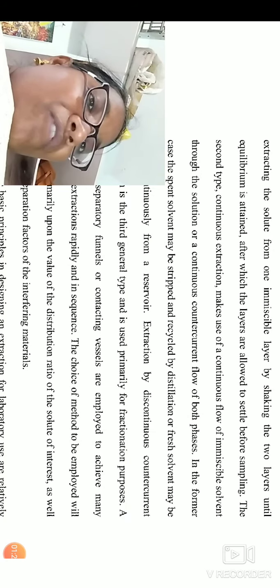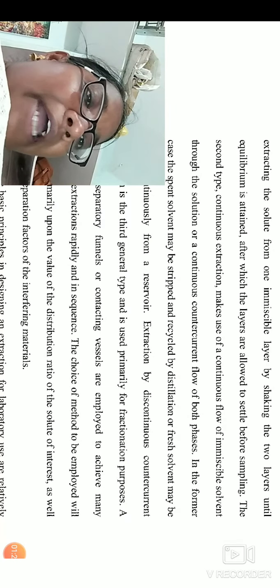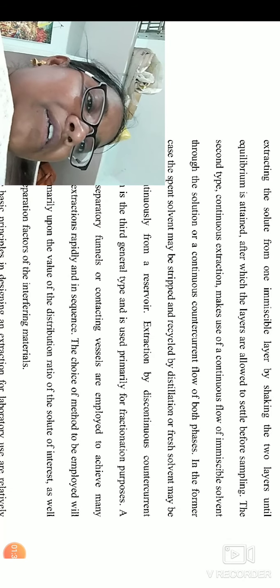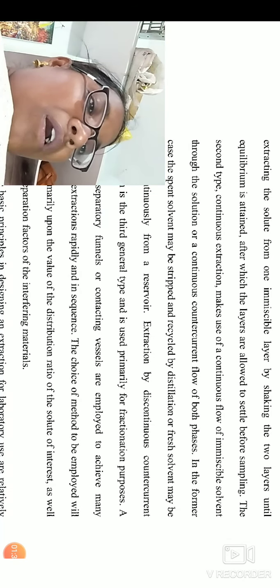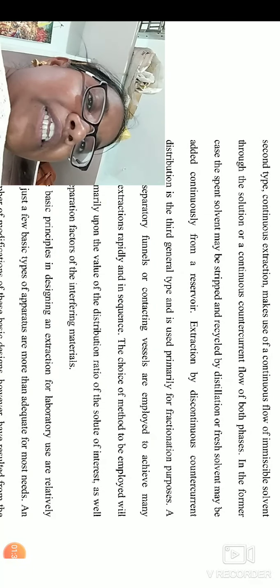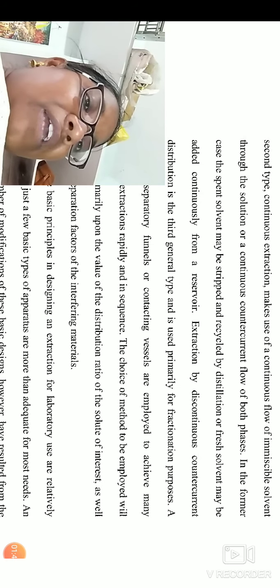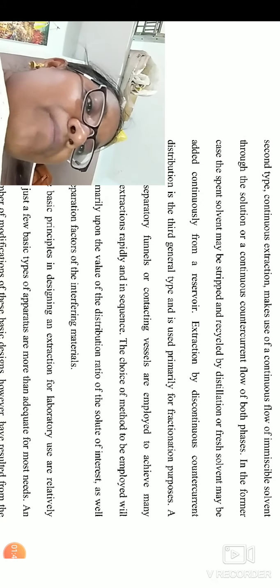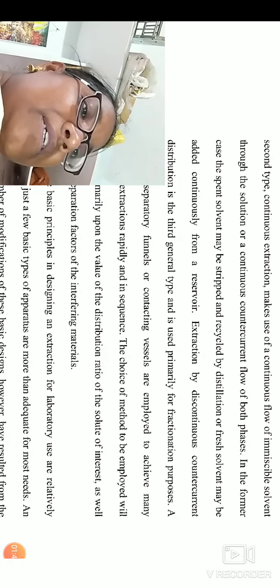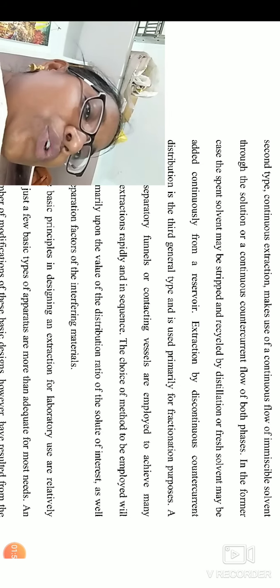In the former case, the spent solvent may be stripped and recycled by distillation, or fresh solvent may be added continuously from a reservoir. Extraction by discontinuous counter current distribution is the third general type and is used